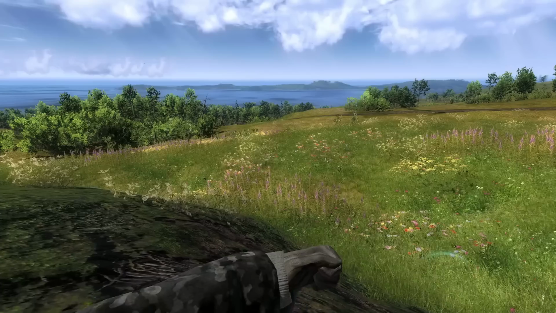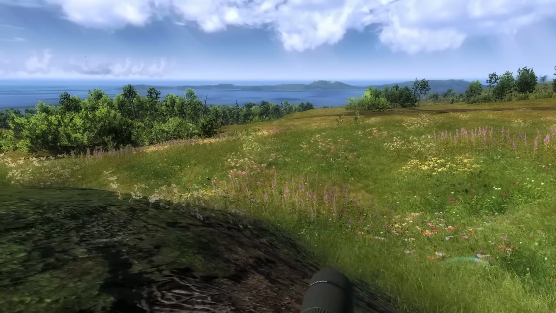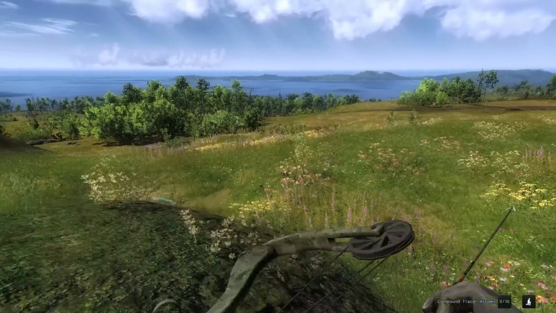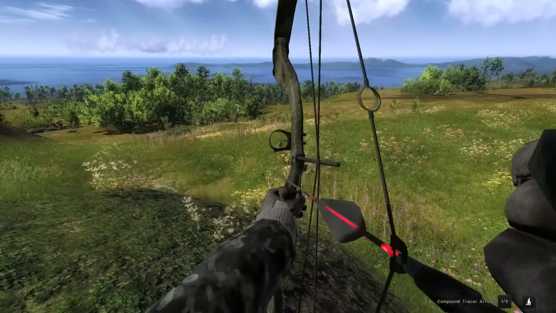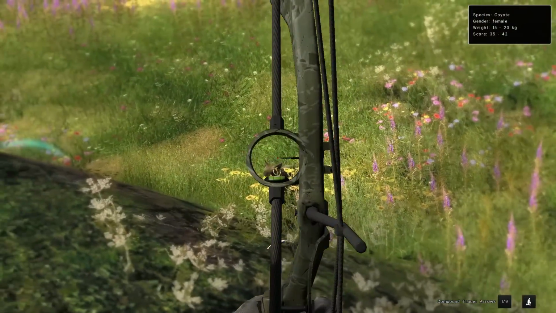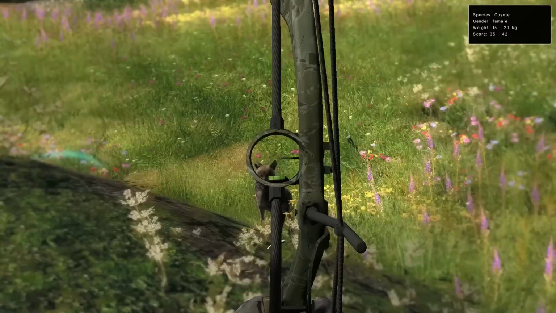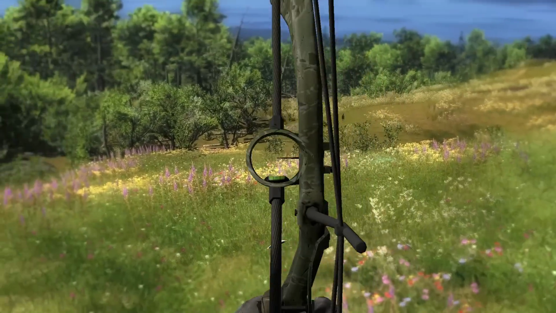So she should be appearing right at the top of this hill any moment. That's going to be her right there. So if we can get drawn back before she flees, I think that's ideal. Now, what I think is going to happen is she'll stand still for a second. Longer than I kind of thought, but...